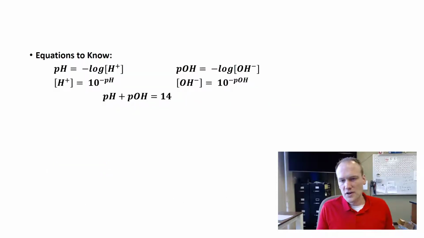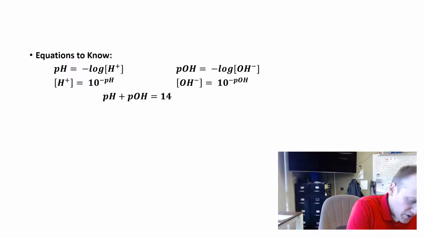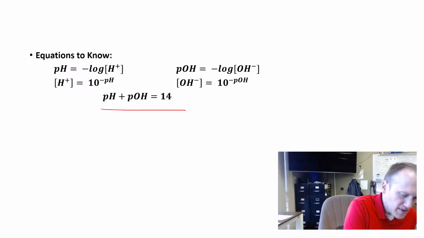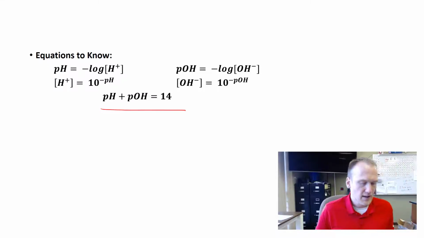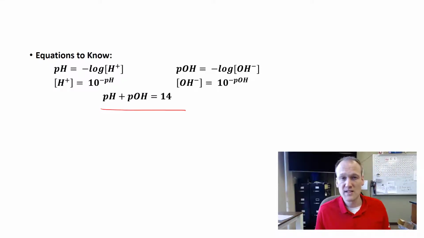So these are the equations on your equation sheet. First one, pH and pOH will always add up to equal 14. In order to find the pH, we can do a negative log of the H plus concentration. And in order to find the H plus concentration, we can take 10 to the negative pH, and that will tell us how much H plus ion we have. And then you can see over here that we can do the exact same thing with pOH. Let's use some of these equations in some example problems.